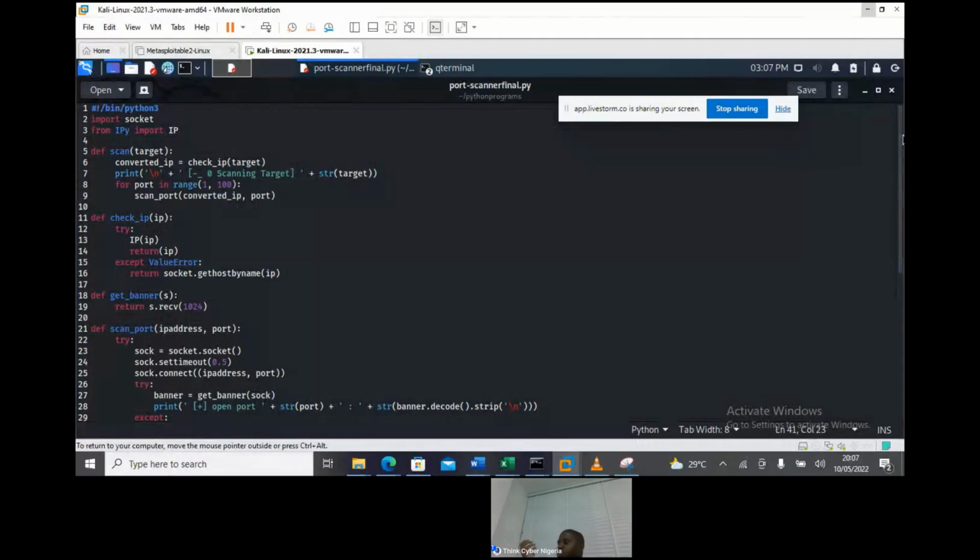Now, the 2 inputs we are looking at. What the whole essence of this particular port scanner is, is to actually check website penetration. So the 2 inputs are always the port and the IP address. That is what we are scanning for.